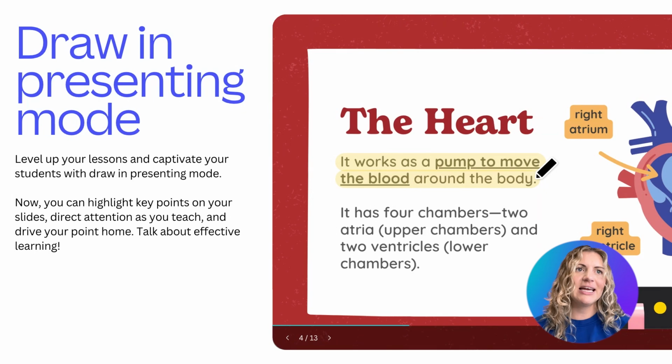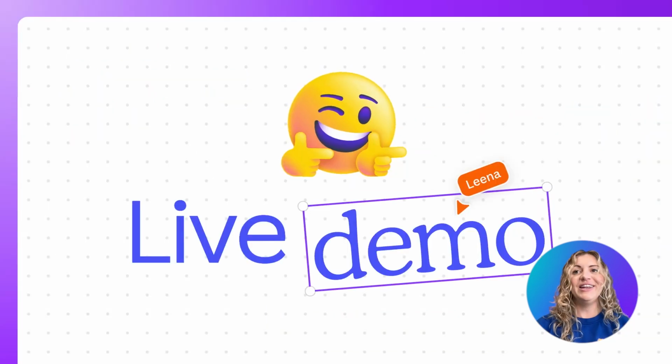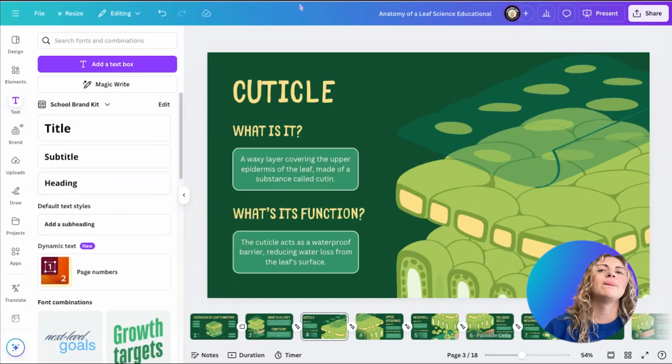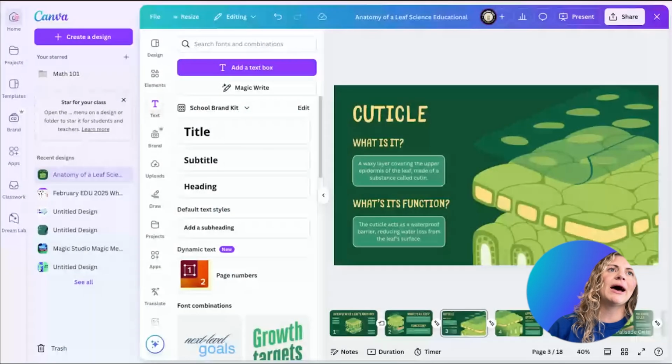Level up your lessons and captivate your students with draw and present mode. Now you can highlight key points on your slides, direct attention as you teach, and drive your point home. Talk about effective learning. Now I'm going to show you how. Okay, here I am, and I left off on this design, but let's go ahead and go back to